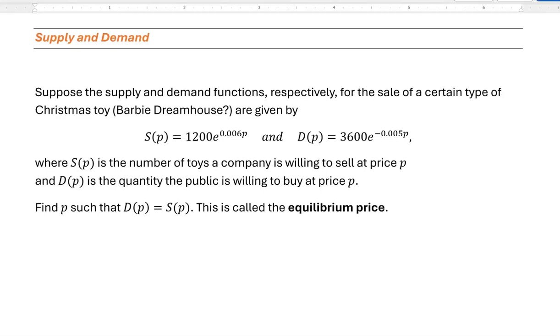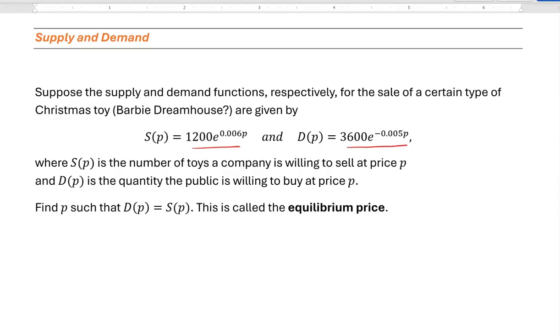So very similar to your textbook problem, we have supply and demand functions. I said, well, you got Christmas coming up. Anna's been asking for a Barbie dream house or something like that. So let's suppose it's a Christmas toy like that. We're going to say the supply is given by this function here, 1200 times e to the 0.006p. And the demand function is 3600 times e to the negative